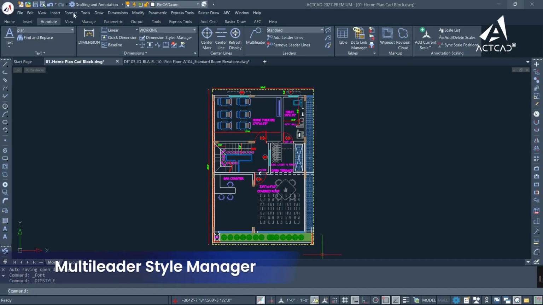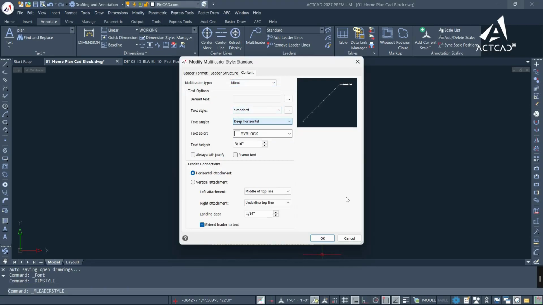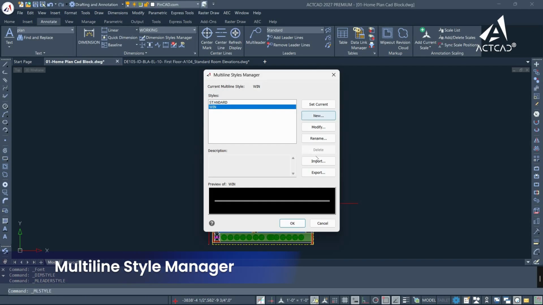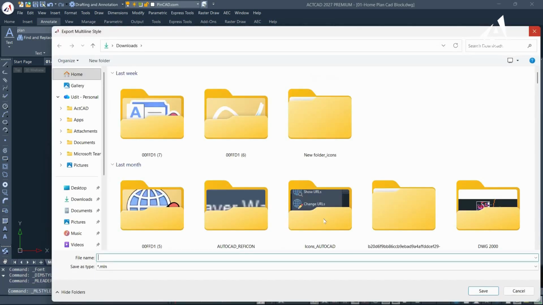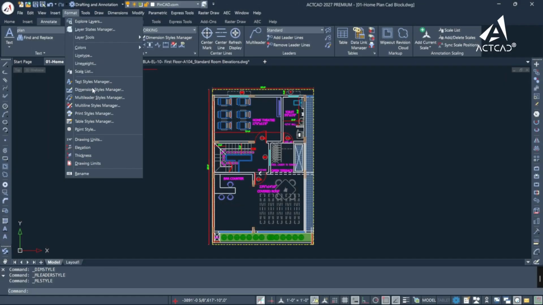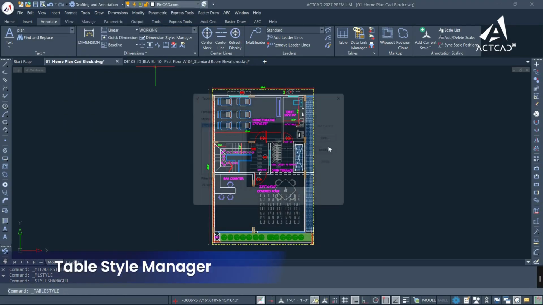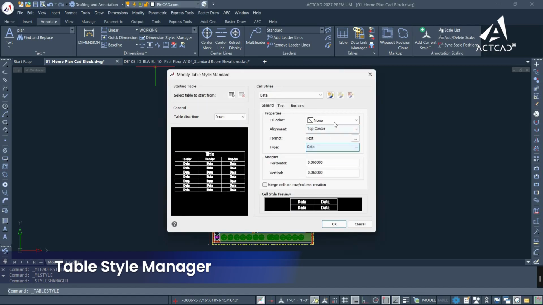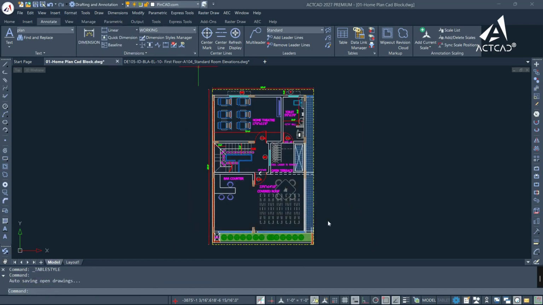The Multi-Leader Styles Manager helps create clear leader lines with custom styles. Use the Multi-Line Styles Manager to design parallel lines with specific spacing and formatting. Print Style Manager lets you define plotting styles for precise output. Table Style Manager lets you customize tables for clarity, and the Point Style feature allows you to adjust point symbols